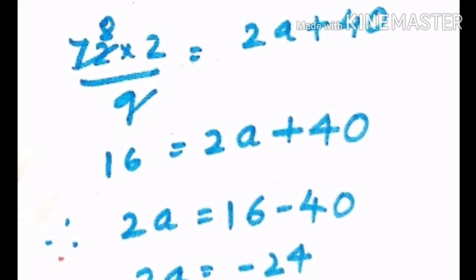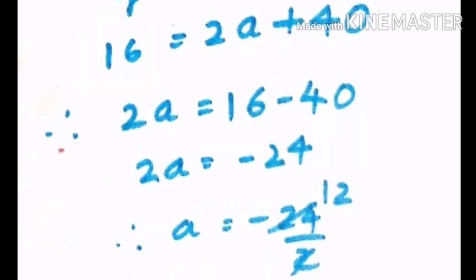So the first answer they asked us to find, the first term A, we found as minus 12. Here you can see the A value is equal to minus 12. Now we have to find the 10th term of the AP, and as we now have both A and D values, we can use the T10 formula. T10, that means term 10, is equal to A plus 9D. We substitute and get our 10th term.